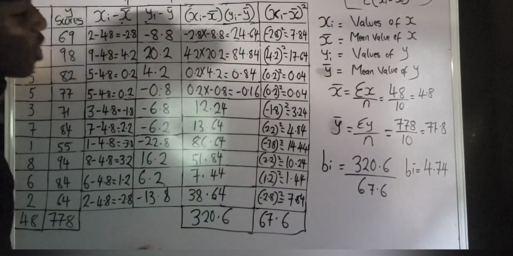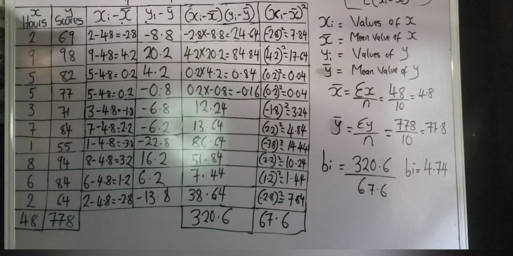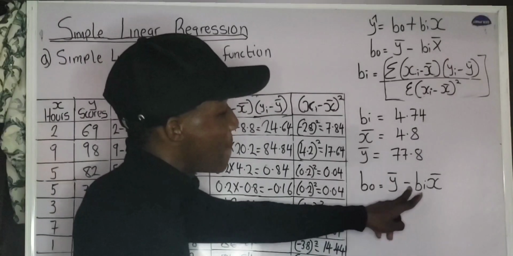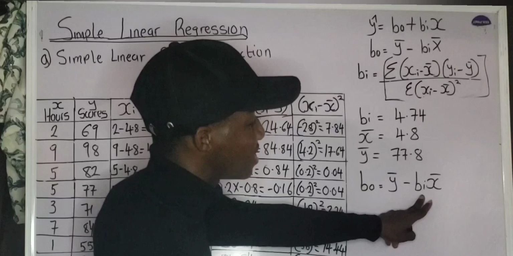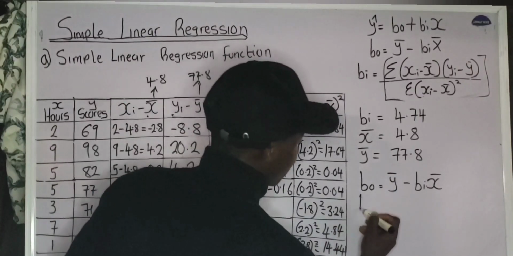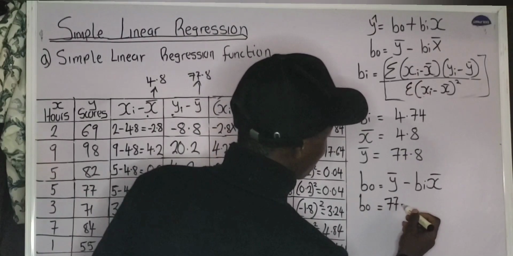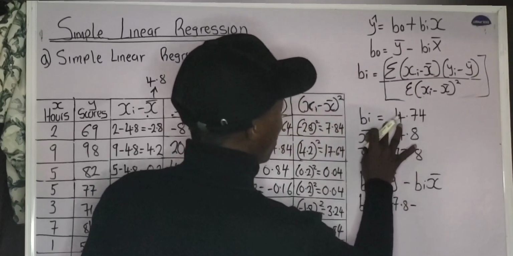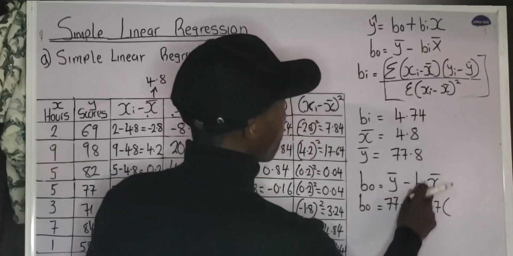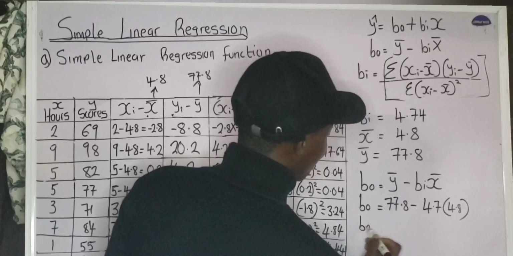You understand? Because we have gotten the slope, we can now get the intercept. You understand what I'm saying? So let's proceed. Don't forget that the intercept is given by this formula, that is the mean value of y minus the product of the gradient, which is also known as the slope, multiplied by the mean value of x. You understand? So b naught is equal to the mean value of y, which is 77.8, 77.8 minus slope, which is 4.7, 4.7 multiplied by the mean value of x. The mean value of x is what? 4.8. So the intercept is equal to